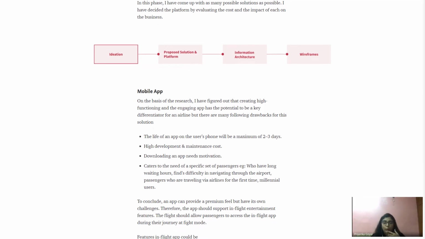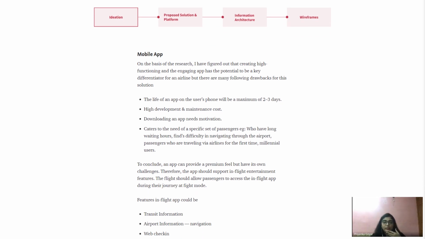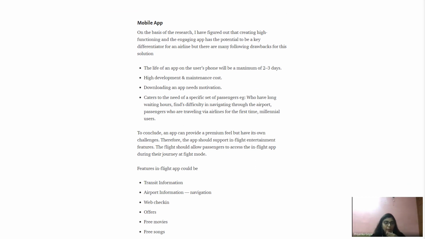So one thing is very important. Generally, what I have seen when I was mentoring people about their case studies for their portfolio, they don't mention the platforms, which is the most important thing. When you are writing a case study or something which is self-initiated by you, you should be able to decide the platform. You should know why I am choosing a mobile app, why I'm choosing a mobile site, why I don't want to go with either. Rather, I would like to send a WhatsApp message to my user. And people just don't realize that it is important.